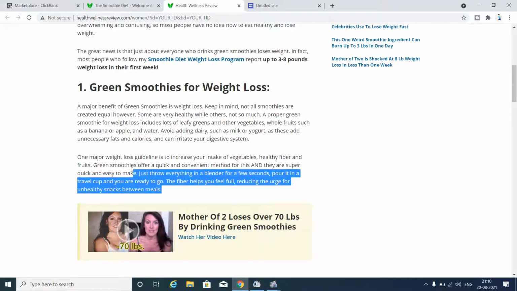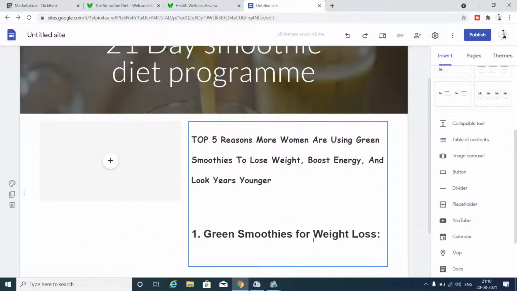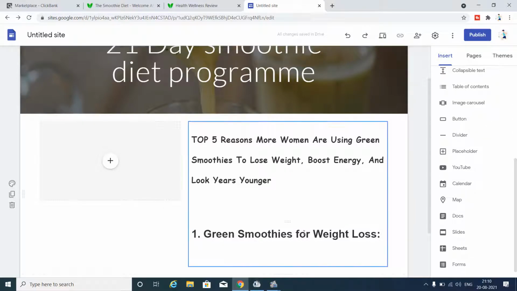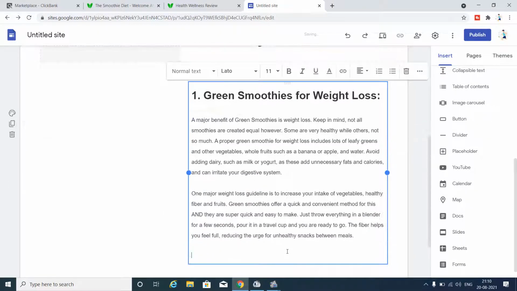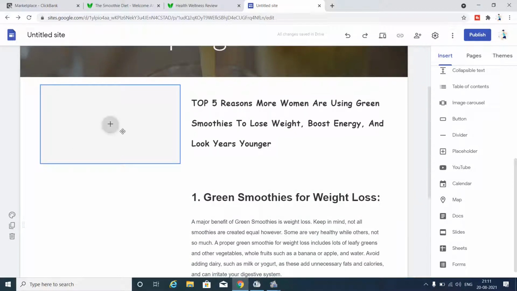Again, we'll just post all this content, copy and paste it. Control V, paste. Yeah. So this is everything about the product that a customer would want to know. We have already pasted it on our landing page, and now let's paste a picture here.